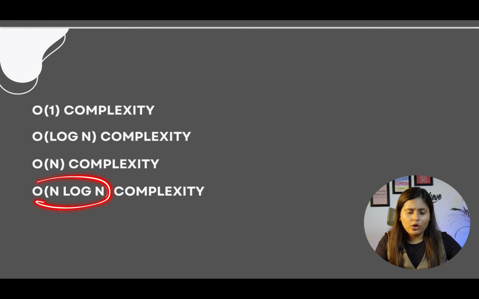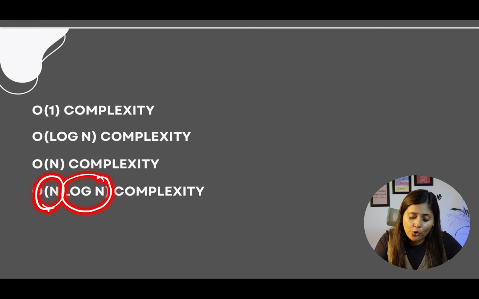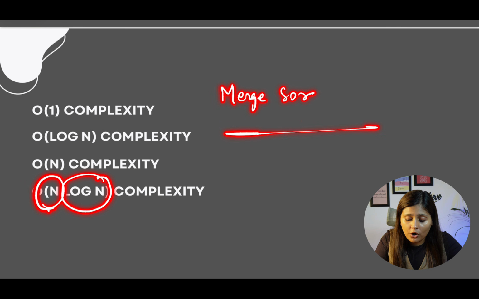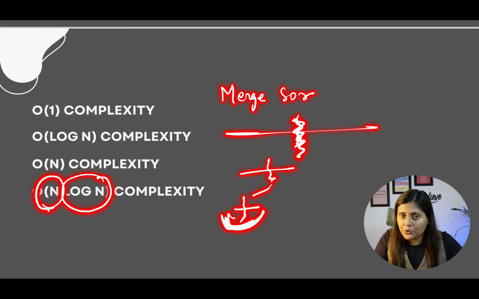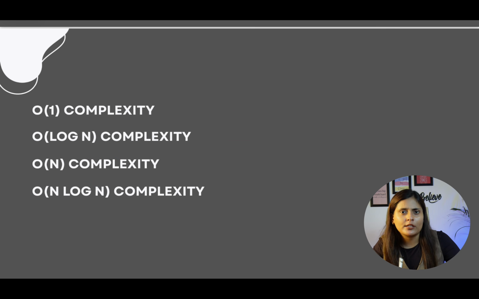Now what about n log n? See, log n is regarding the sorting part. Now what is this n? If you have learnt about merge sort, where we first break the whole array into halves, correct, and then join them back. To divide them into halves, it will take logarithmic of n, and to join them back, it will take O of n. So in total, n log n in problems like merge sort algorithm or heap sort or quick sort average case algorithm.